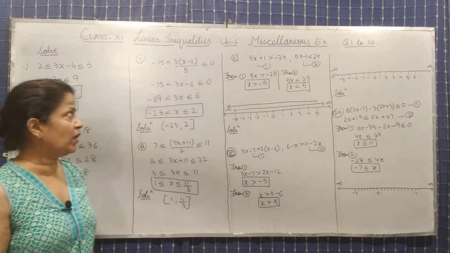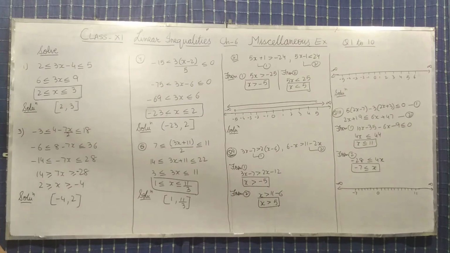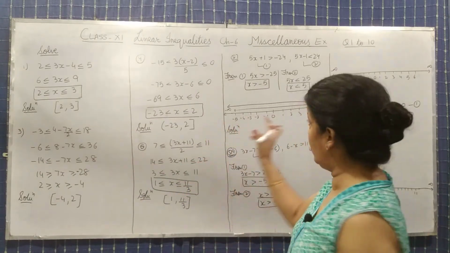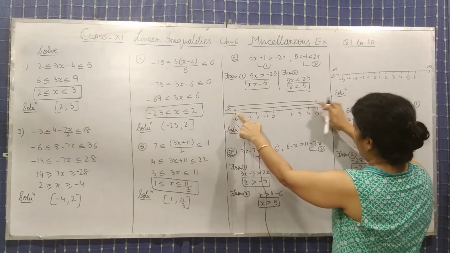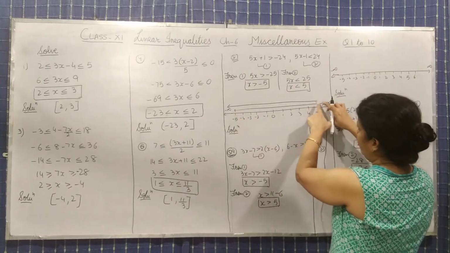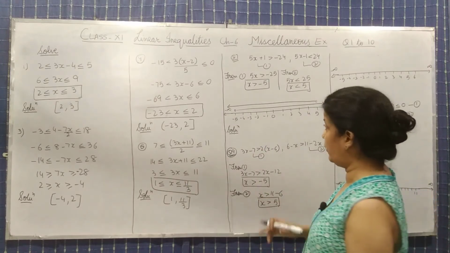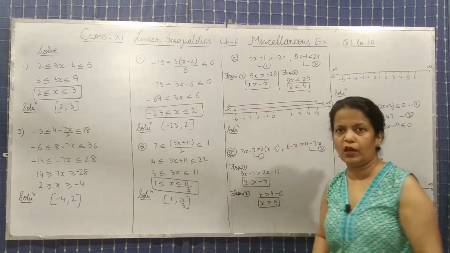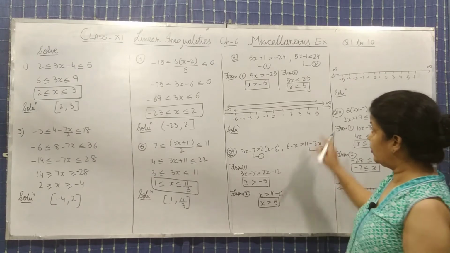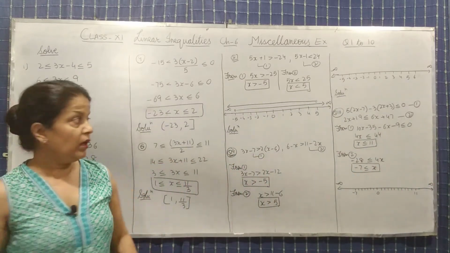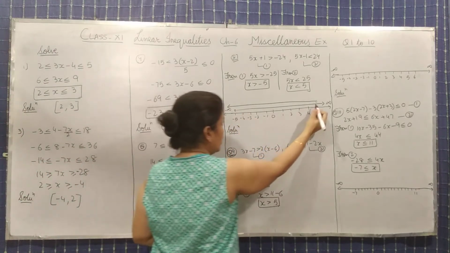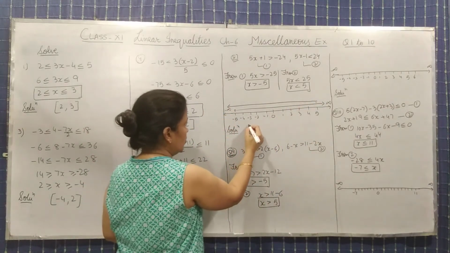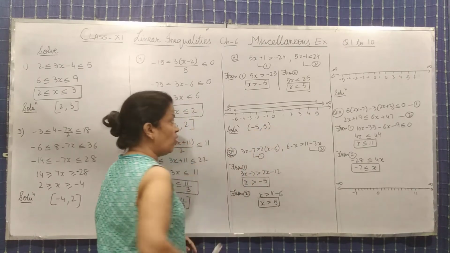isn't it? अब हमें देखनी है कि इन दोनों नंबर लाइंस में which one is common, कौन सी लाइन कॉमन आ रही है। देखिए यहां से ये this is moving towards right infinity and from here it is moving towards minus infinity. तो दोनों के बीच में अगर आप देखोगे this line यहां से लेकर यहां तक ये जो लाइन है ये कॉमन आ रही है, isn't it. तो what should be the answer, tell me. Since it is not included, इंक्लूडेड नहीं है, तो ये सॉल्यूशन यहां से लेकर यहां तक हो गया, common line between both of them, तो solution will be -5 to 5, not included. Clear?